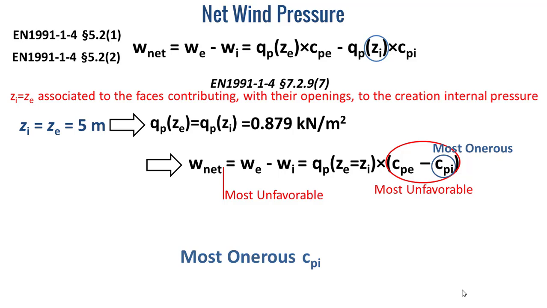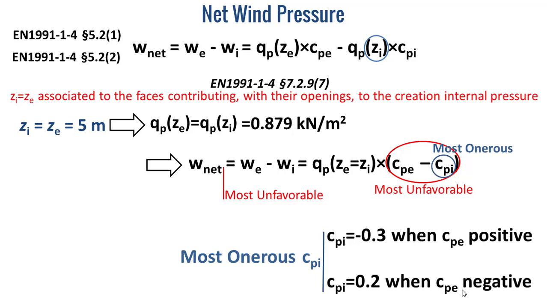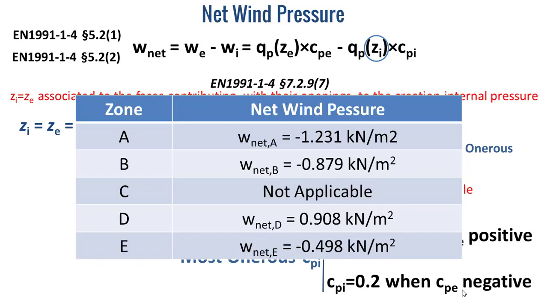Here, the most onerous CPI will be equal to minus 0.3 when CPE is positive, and it will be equal to 0.2 when CPE is negative. Why? Because the most unfavorable CPE minus CPI means the largest absolute value. And after calculation, we can determine the net wind pressure at each zone as it is detailed by the table